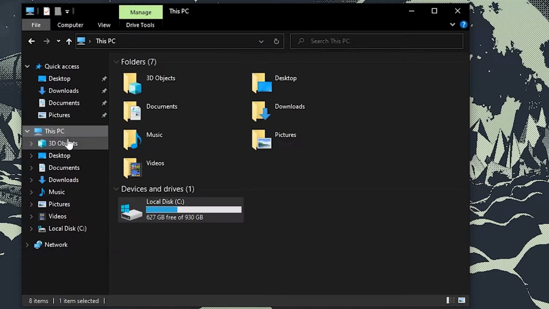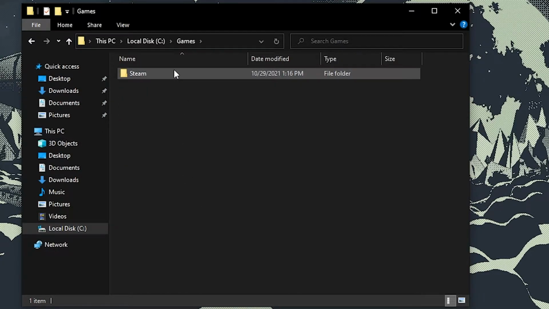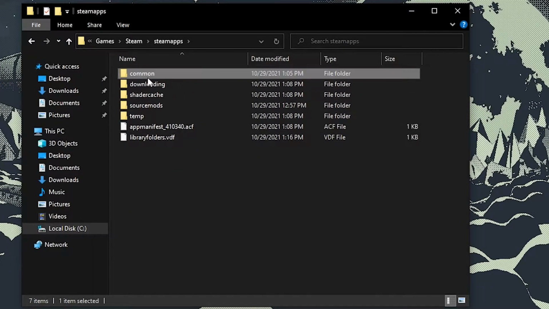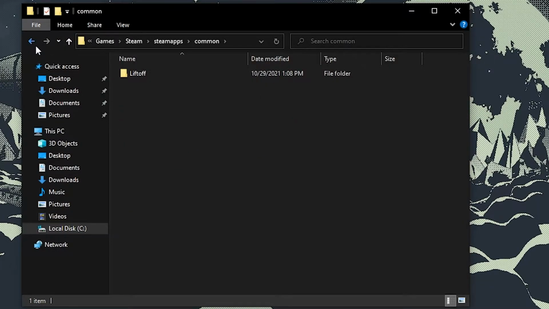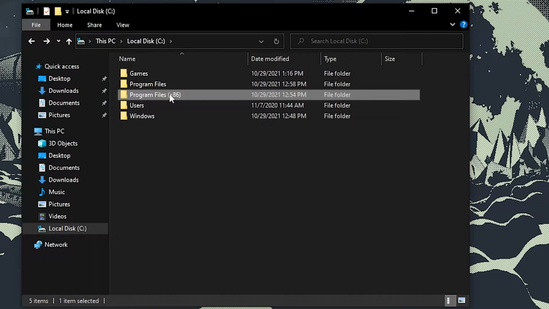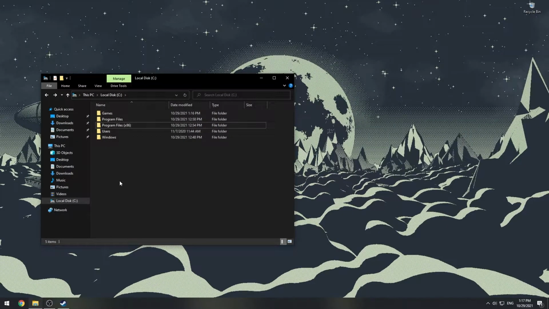So I just have a single hard drive in my computer, C drive here, and Steam is installed to games, and in there I have my Steam library here. It's just my only primary library that I have for Steam. Maybe you have Steam installed to program files and your library is somewhere underneath there. It doesn't matter though, but what we want to do is create two Steam libraries on the same hard drive